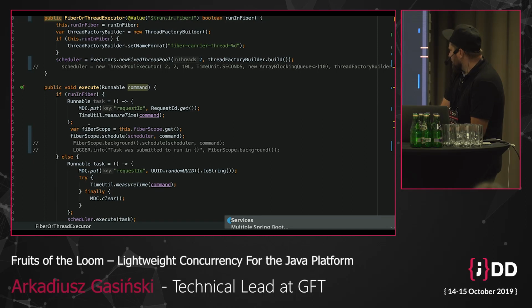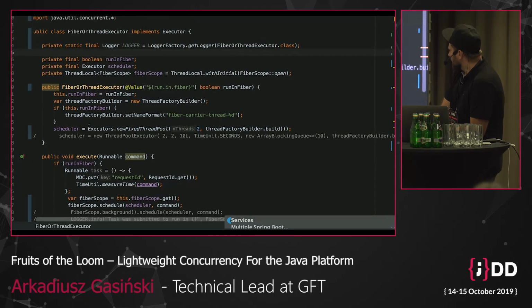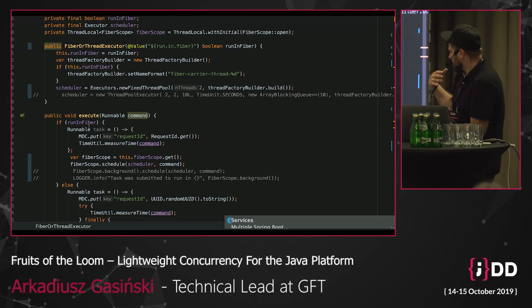Essentially, we have some fiber scope that is the global scope for our connector, and we use that scope to schedule processing of incoming HTTP traffic.